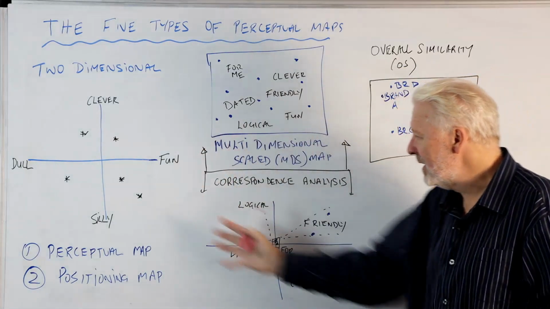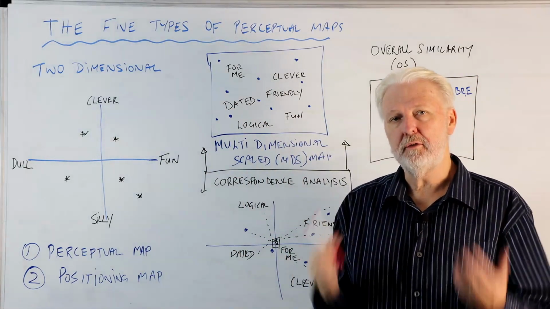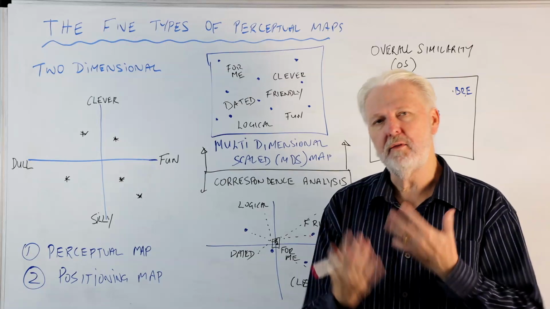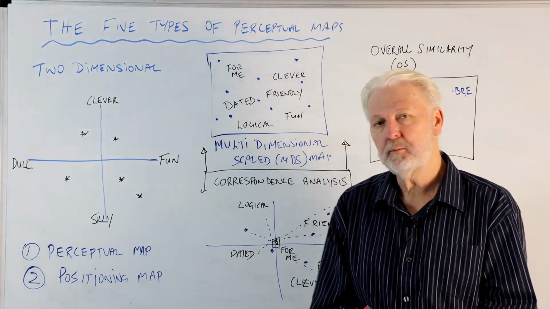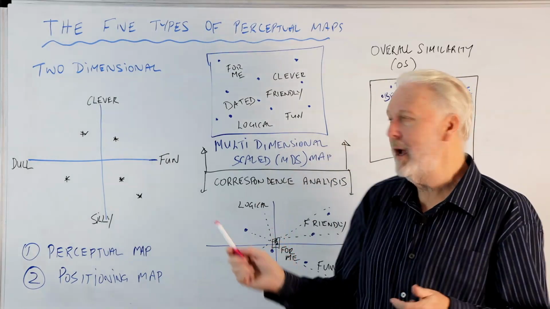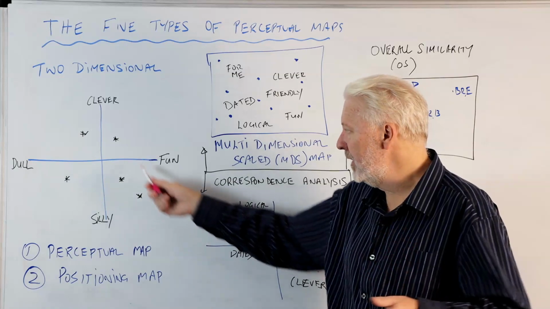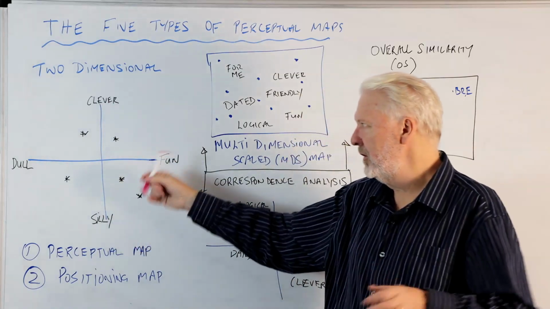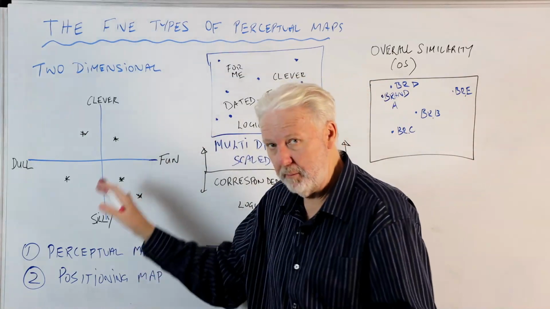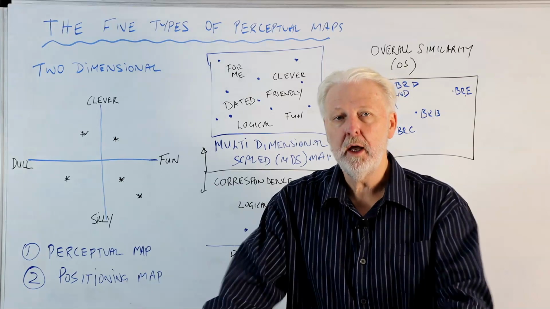So larger companies, we would probably use most of these different maps. Smaller companies were probably down here because we don't have the data and the analytical power. So hopefully that helps explain the different types of perceptual maps, and hopefully in your marketing career you will get beyond just using the standard two-dimensional. Very valuable tool. I'm a big fan of it, but there are other tools that you can supplement with and gain a lot more